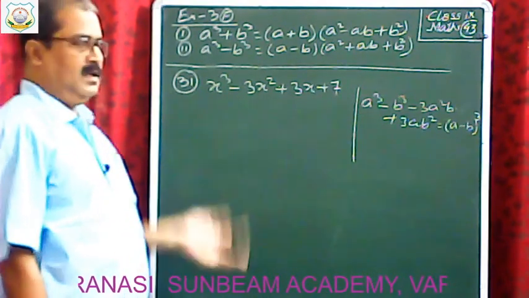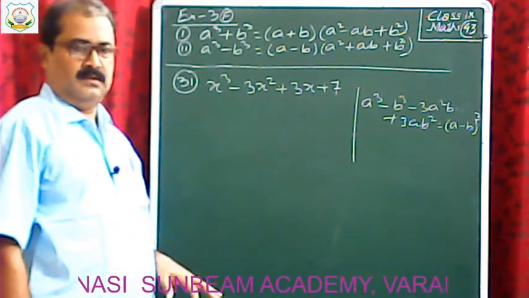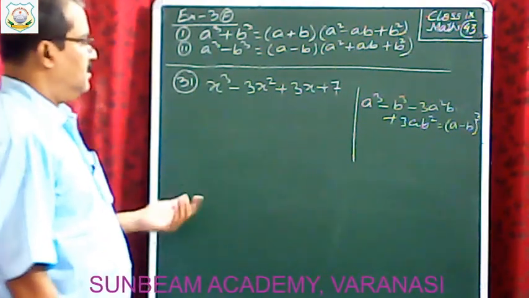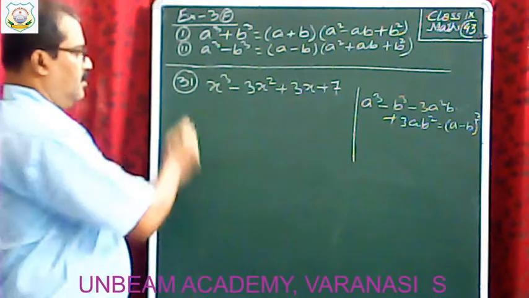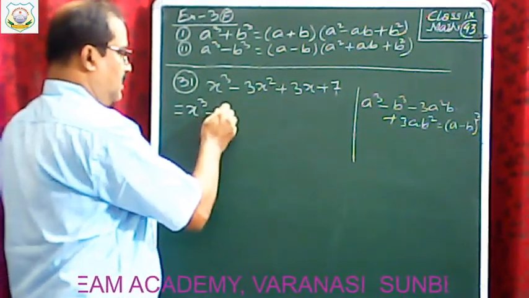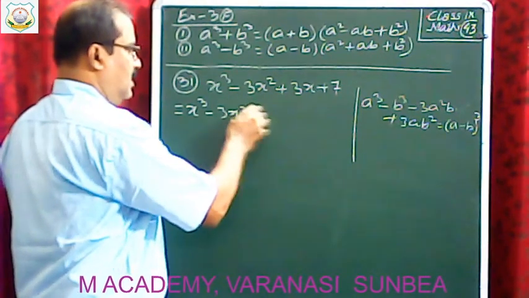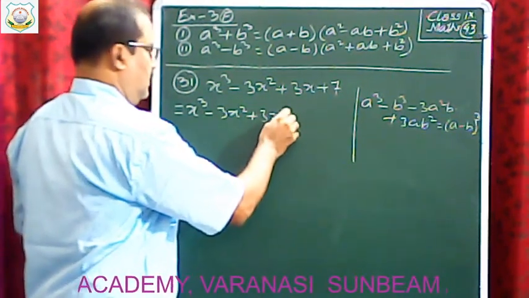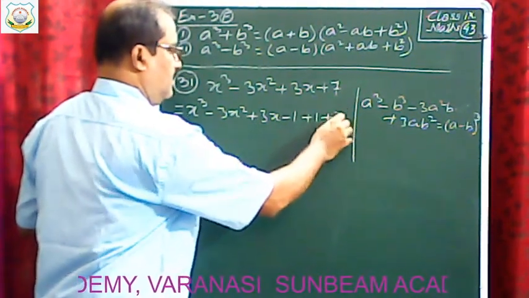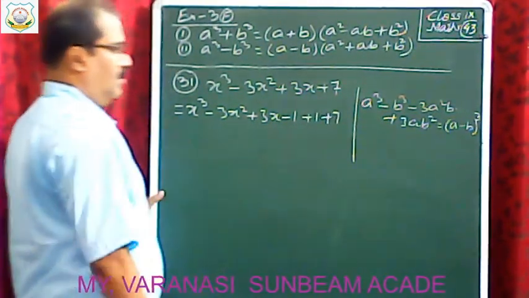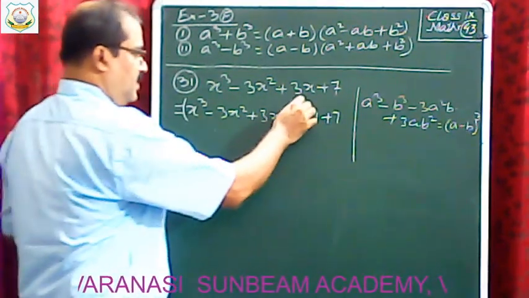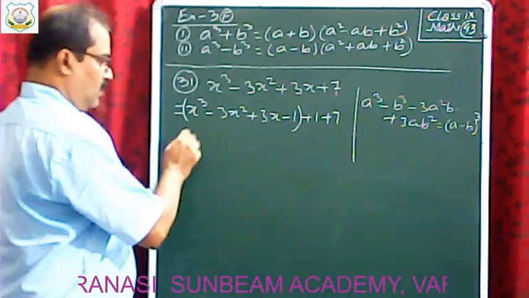If we add 1 and subtract 1, then there is no problem. If we add 1 and subtract 1, then what happens? x cube minus 3x square plus 3x minus 1 plus 1 plus 7. So first 4 terms only you have to emphasize. What do we get? x cube